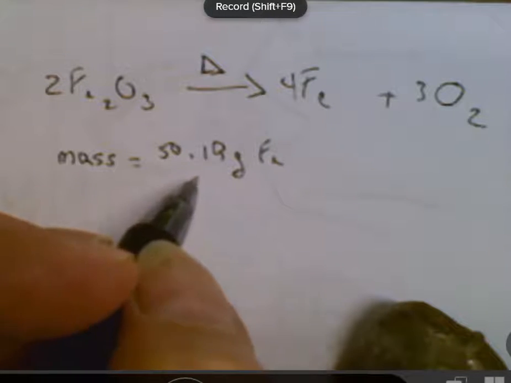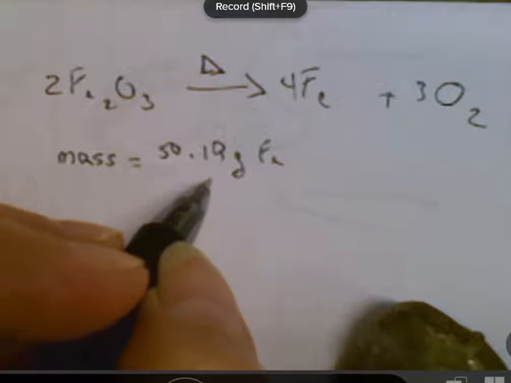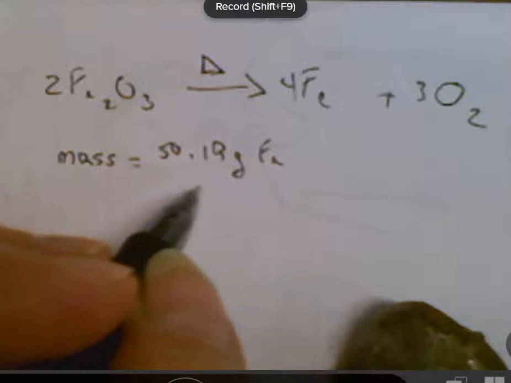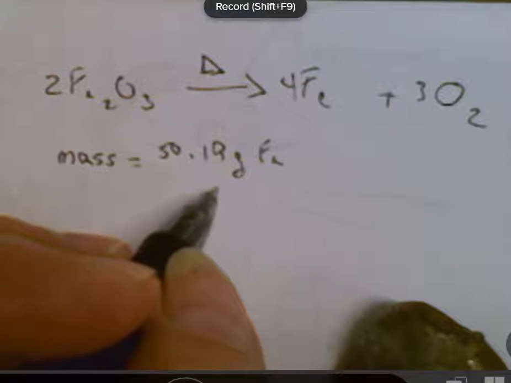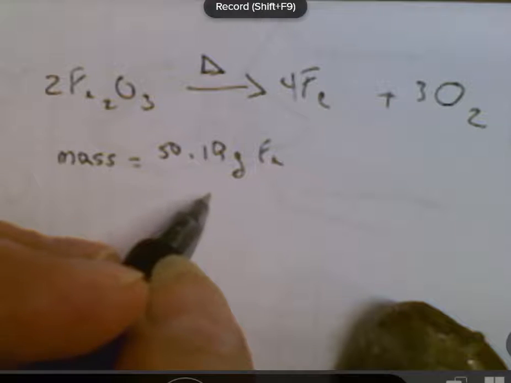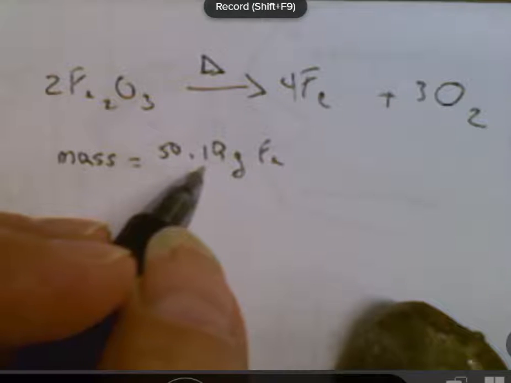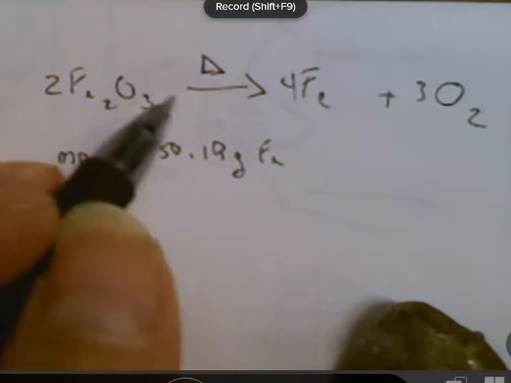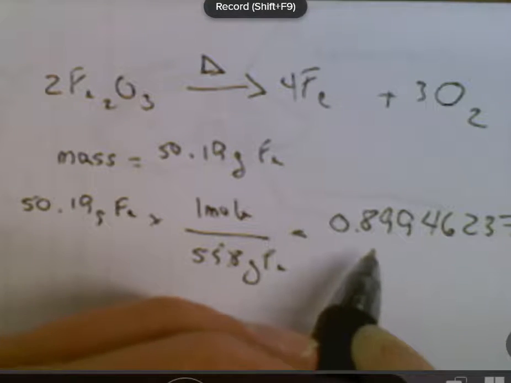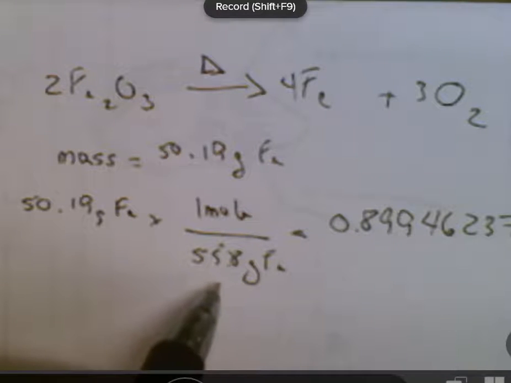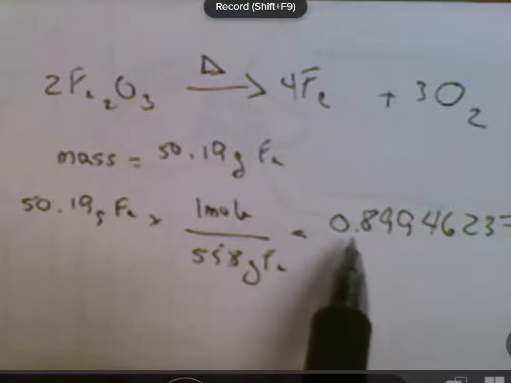So when I weighed that on the scale, I came up with a mass of 50.19 grams of iron. Knowing the mass of it, and also knowing the number of grams in 1 mole, and we read that right off the periodic chart, I can calculate the number of moles that I have right here. Let's go through that. So when I take the mass of my sample and I divide that by the number of grams in 1 mole, I come up with